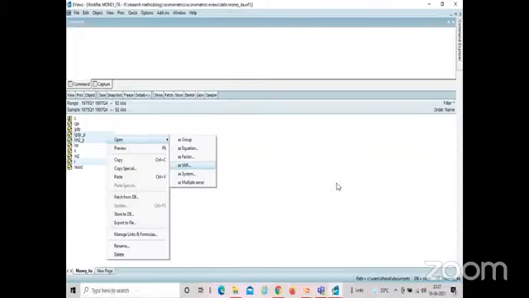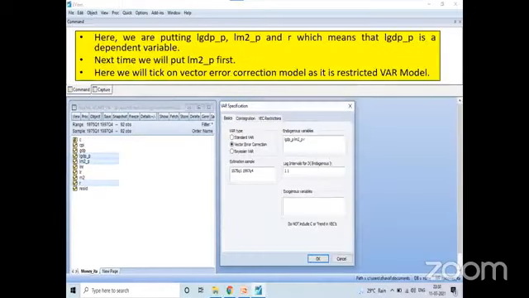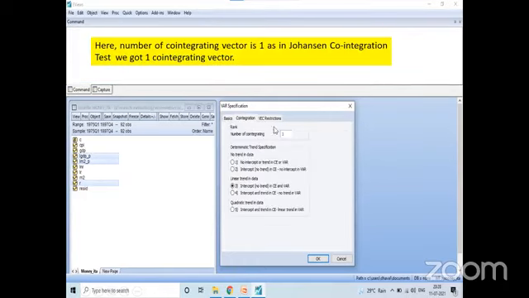Right. In case a co-integration was there, then what would we have done? I would have gone to open as VAR. I would have specified this thing. But now instead of standard VAR, I will shift this button to VECM. I will shift this button to VECM and I will click on co-integration and I'll specify that the number of co-integrating equations is 1.